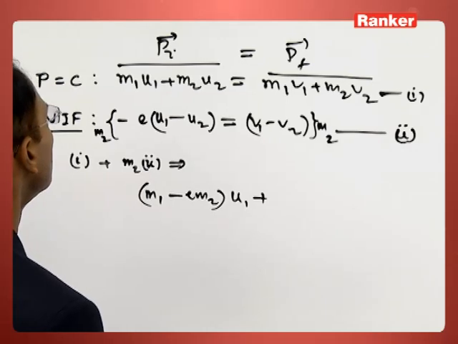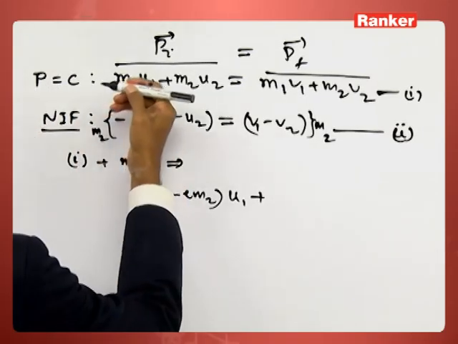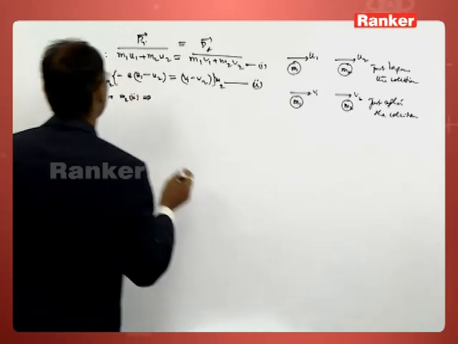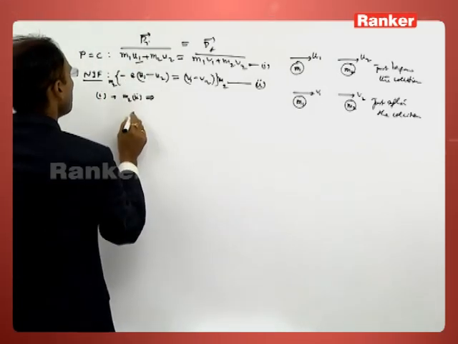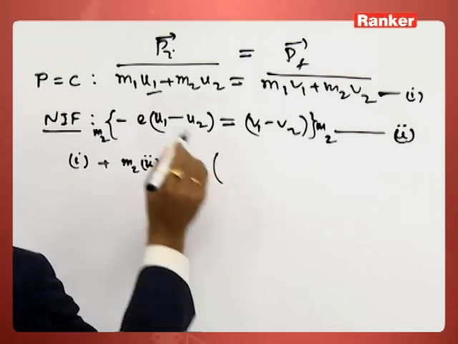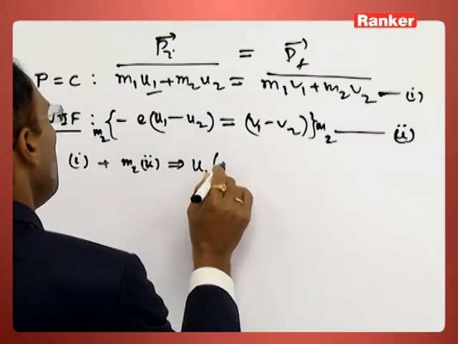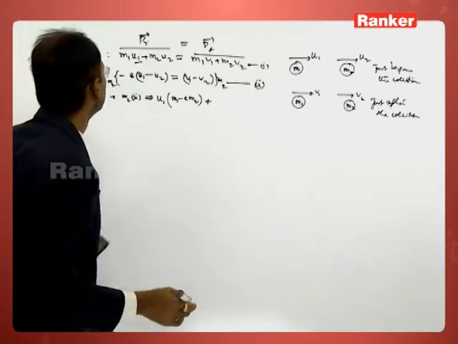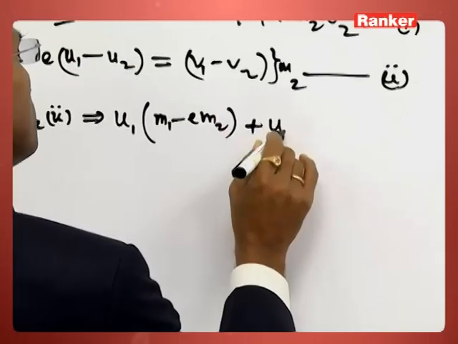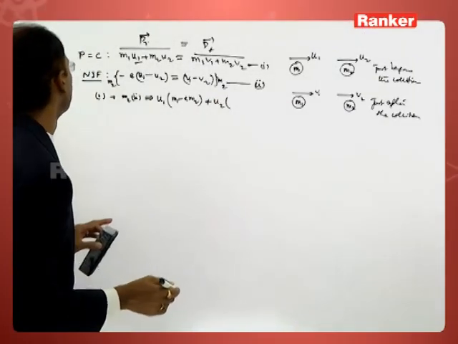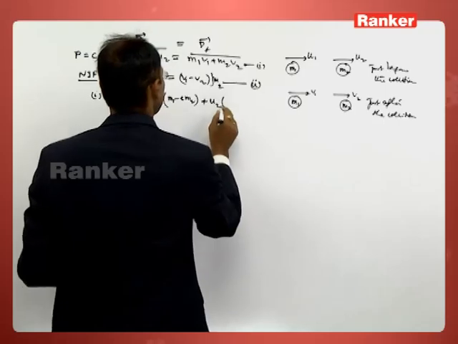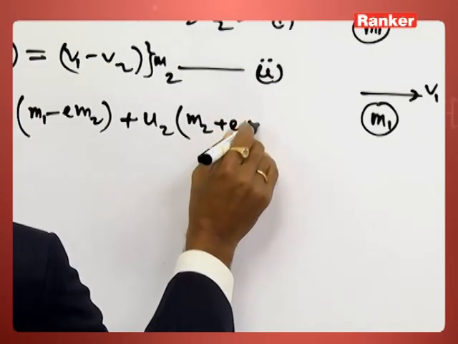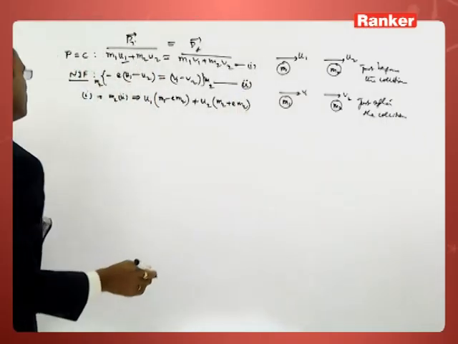If you take u2 common, you are getting m2 plus e m2. Then you take u1 common, you are getting m1 minus e m2, and u2 common, m2 plus e m2, which is equal to